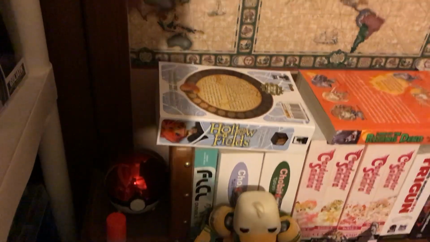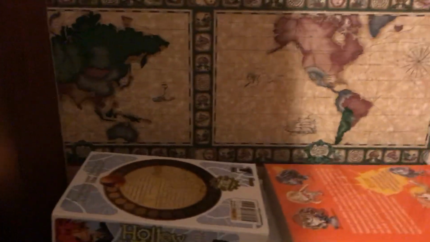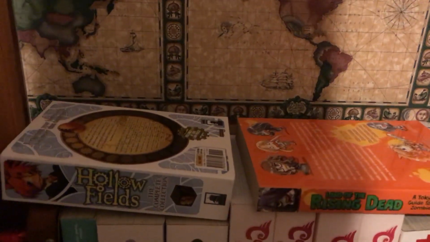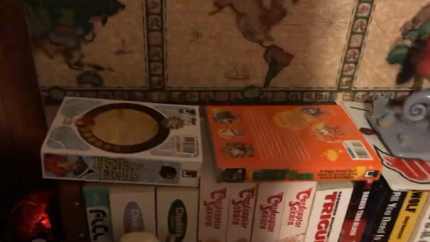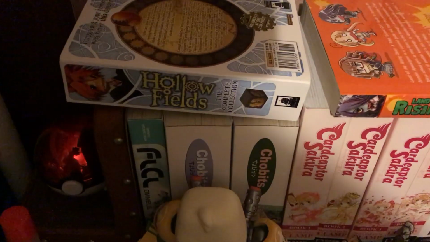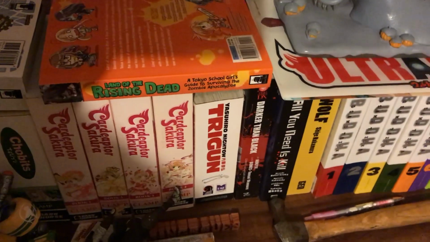So over here first, we have Hallow Fields. This is the 3-in-1. Pretty good volume right there. Then we have the Land of the Rising Dead, Tokyo Schoolgirl's Guide to Survival, the Zombie Apocalypse. That one's pretty good. It's kind of just a guide though. It's mostly reading. First full Fully Cooley, the 2 omnibuses for Chobits, 4 omnibuses for Cardcaptor Sakura,